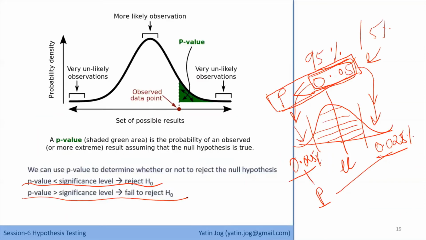If I'm getting a p-value which is greater than 0.05, obviously my p is going to be in this accept region. So we fail to reject H0. So this is the rule for p-value analysis. Just look at the p-value, compare that p-value with the significance level, and then you can either reject or accept the H0. Okay. So I'll just give the kind of summary to you.